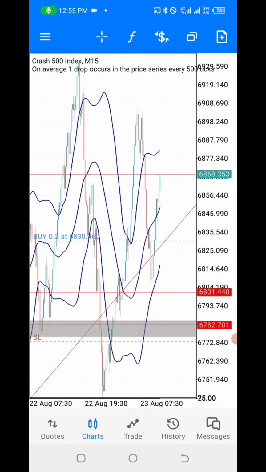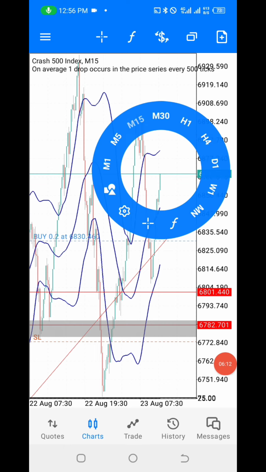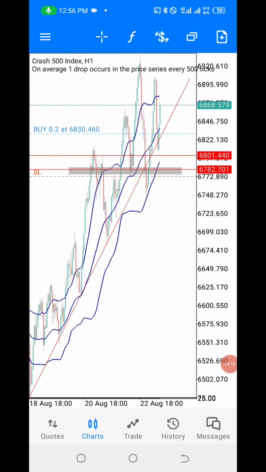Now when I entered this trade, I plotted this horizontal line to know exactly where the outer line of this Bollinger Band was. Okay, the outer down line. Now I was looking at it from 1 hour time frame. I saw that this Bollinger, of course,